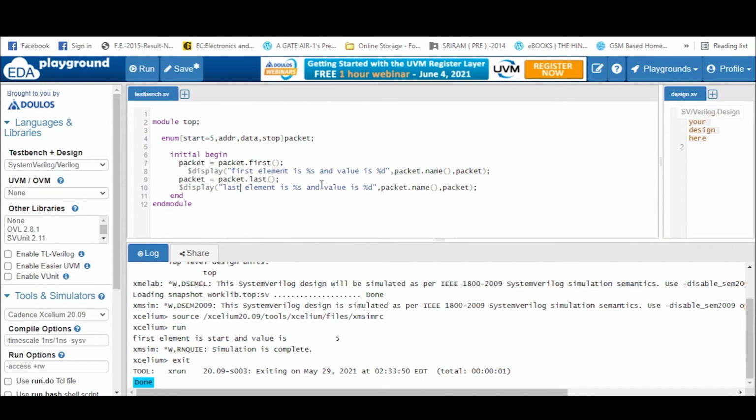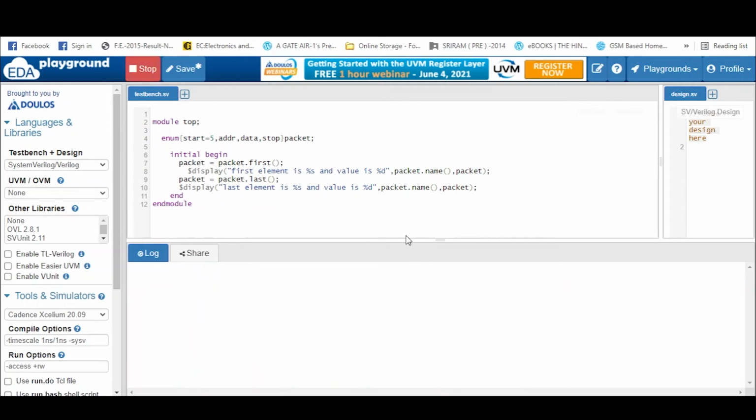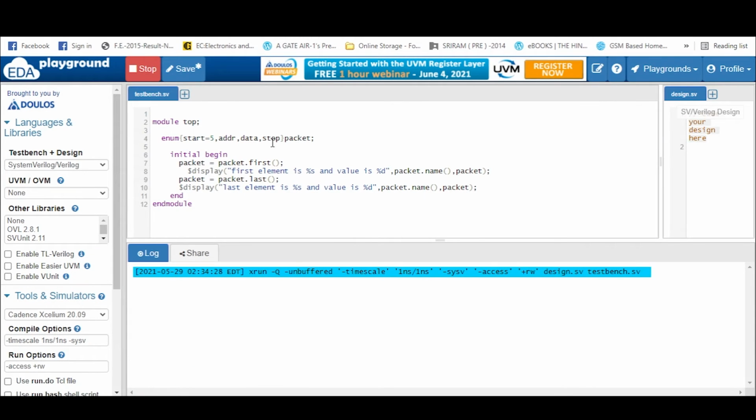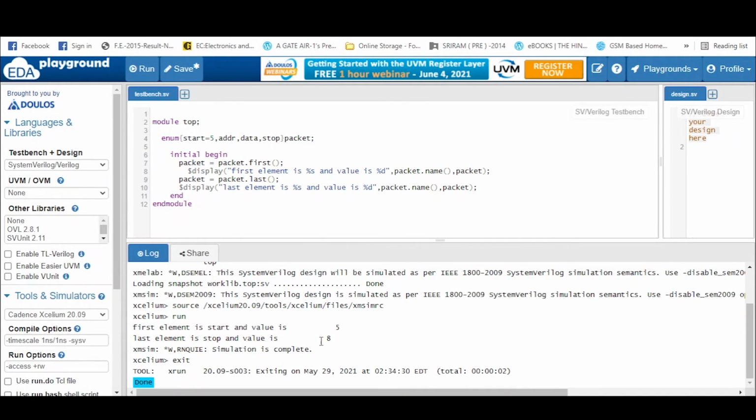So this is last. Okay, so let's see what we are getting. Definitely we should get stop, 5 6 7 8. So we are getting the value as 8, and the name of the element is stop.